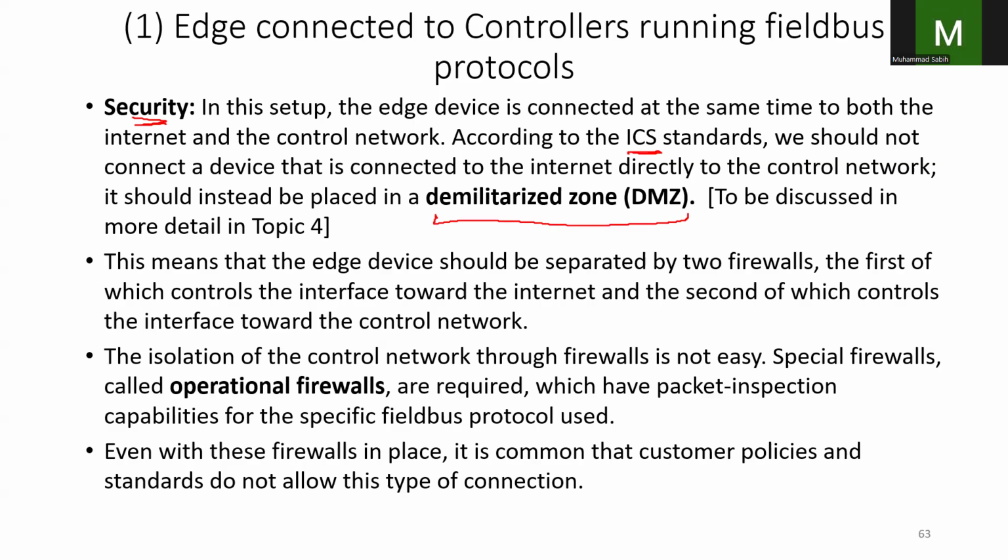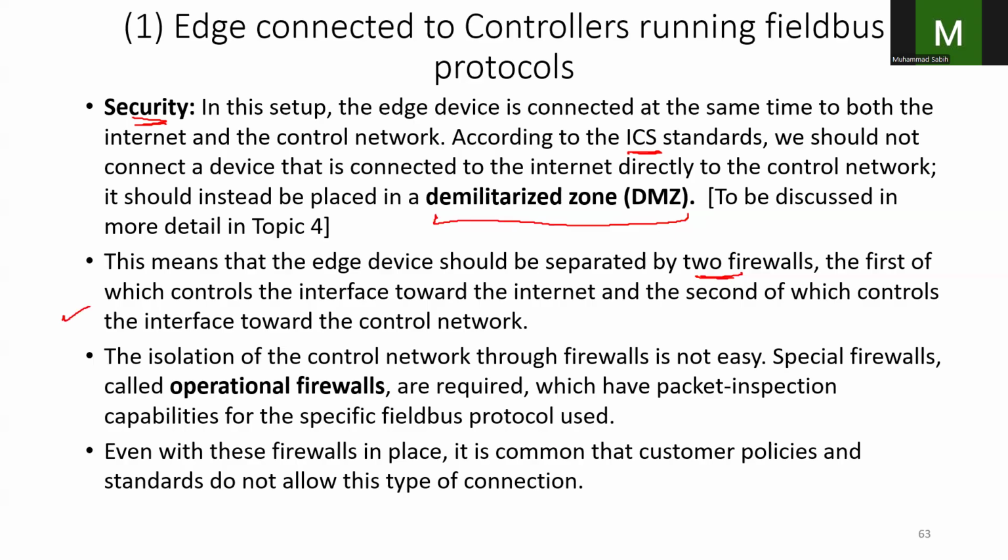To achieve this separation, we need at least two firewalls. One firewall protects the path toward the internet, and the other controls the access toward the control network. This dual layer network is necessary to prevent cyber threats from reaching our